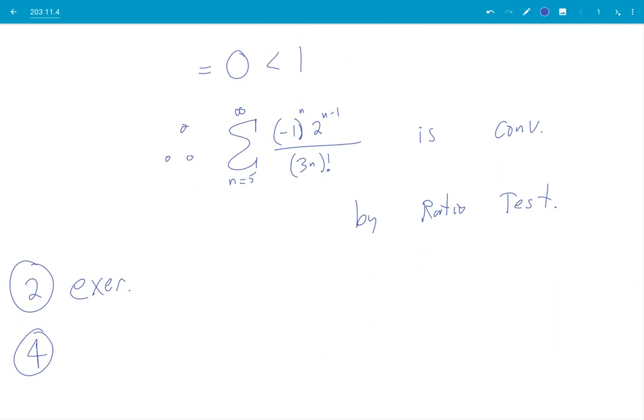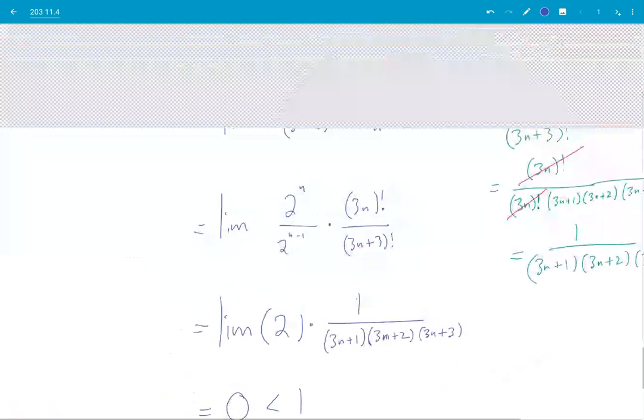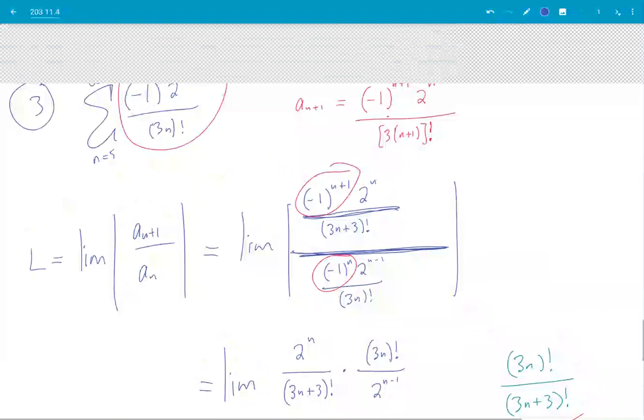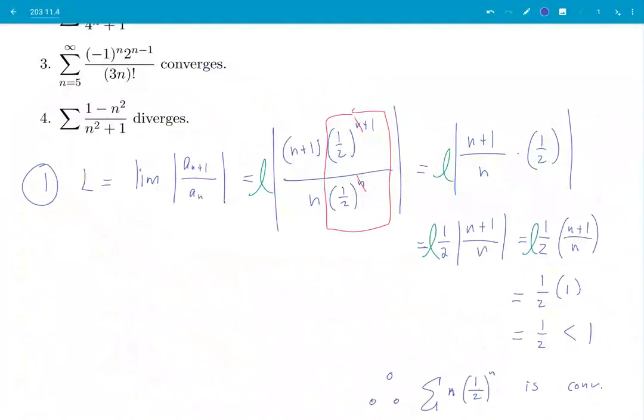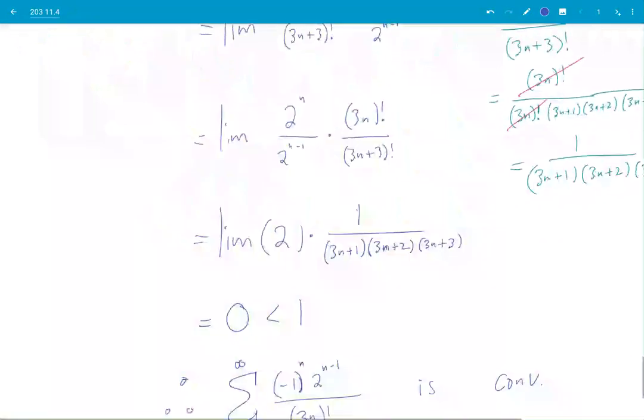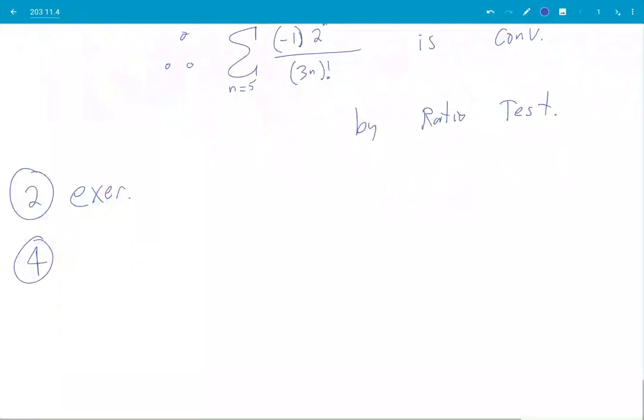Four. What is 4 again? Trick question 4: the series of (1 minus n squared) over (n squared plus 1). It's a trick question. Not too tricky. If I write down a_n,